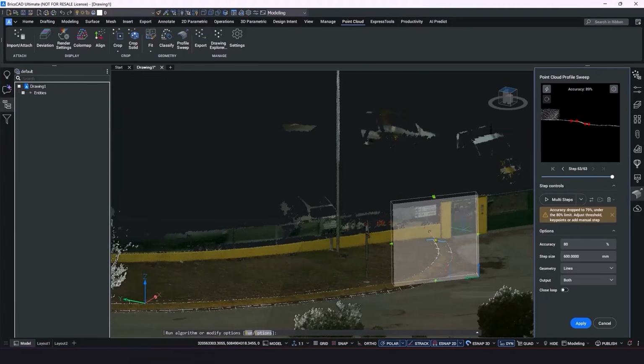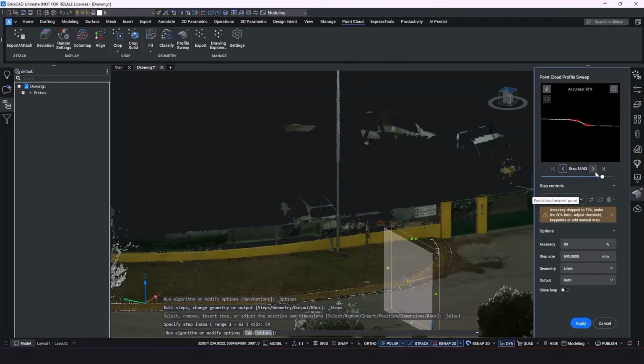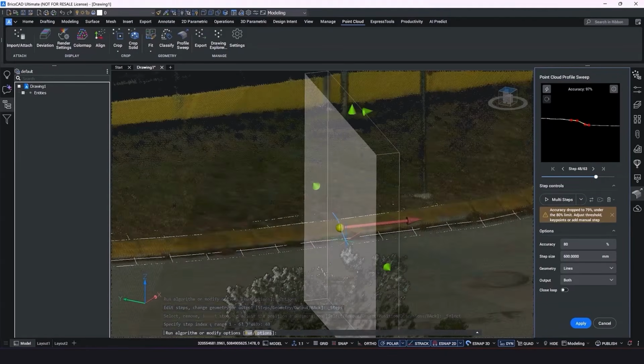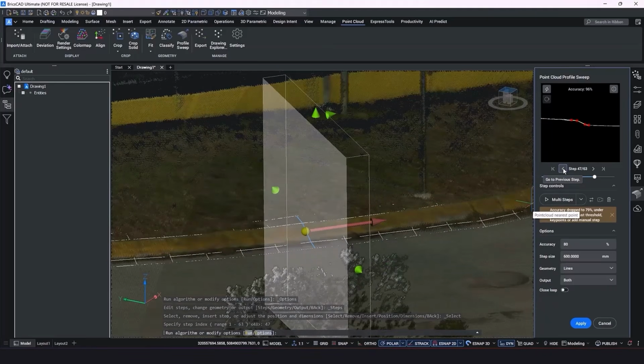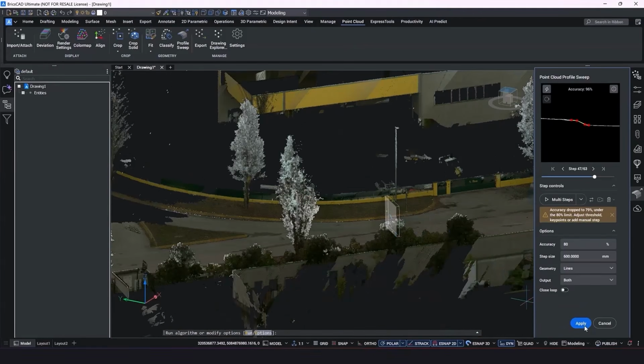What we can do, just to make sure that everything is all right, is go back through our previous steps, either by using these little forward and backward arrows, or by using the slider. So again, in our window, the blue line is that particular step that you're looking for. So we're not going to do a whole bunch more right now. We're happy with this. What we're going to do is hit apply.